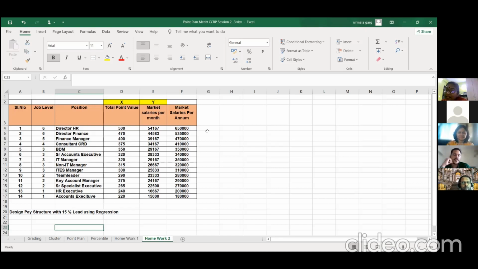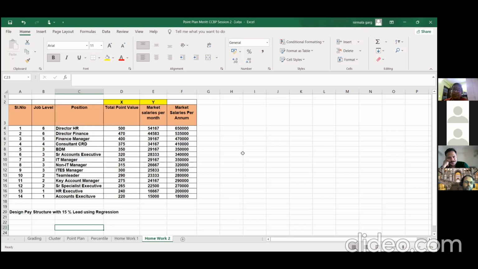But when you are calculating slope and intercept, ensure that you are doing Y as market salary and X as point value. Because if you do it vice versa, in regression you use 2 values. What are they? Independent variable and dependent variable. Go to any statistical book. Independent variable is always termed as X and dependent variable is always termed as Y. Even Excel knows Y as a dependent variable. Then you can calculate your slope and intercept, and then plug the data into that formula.